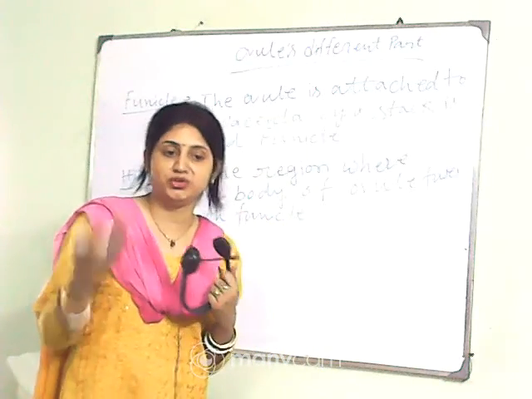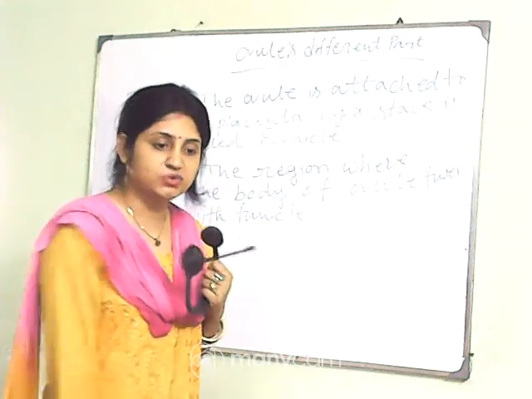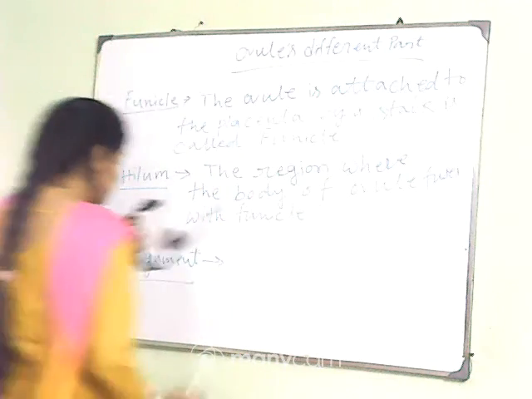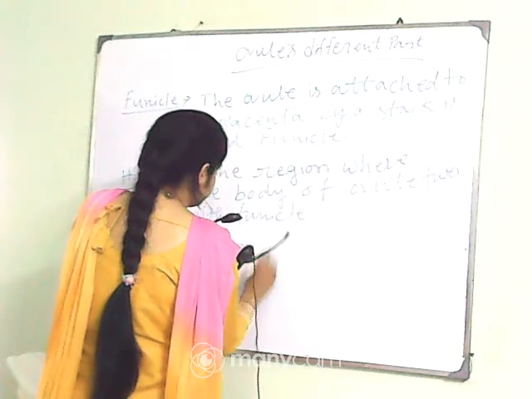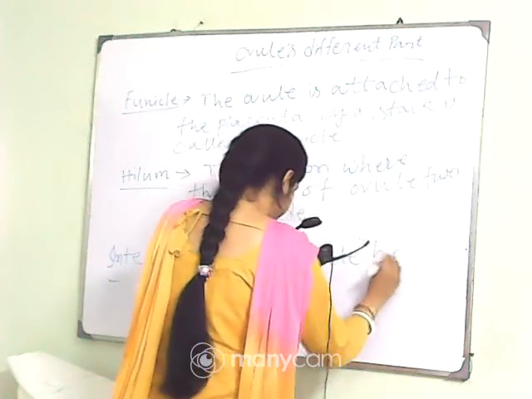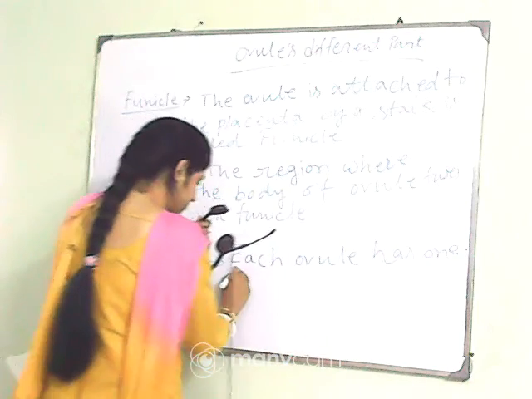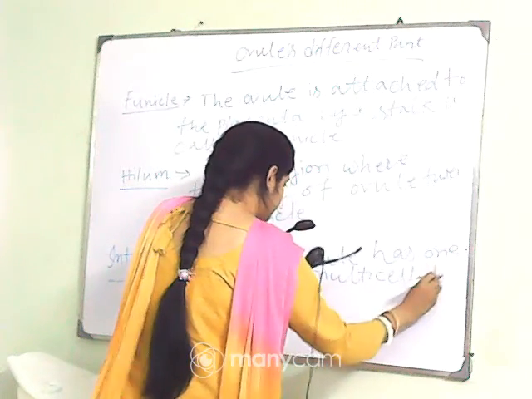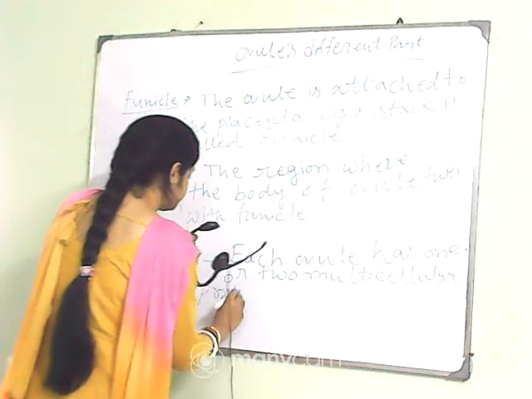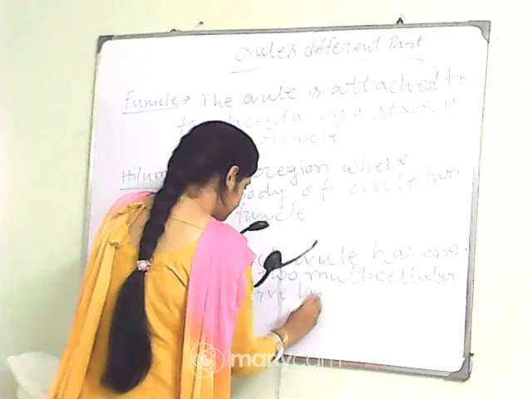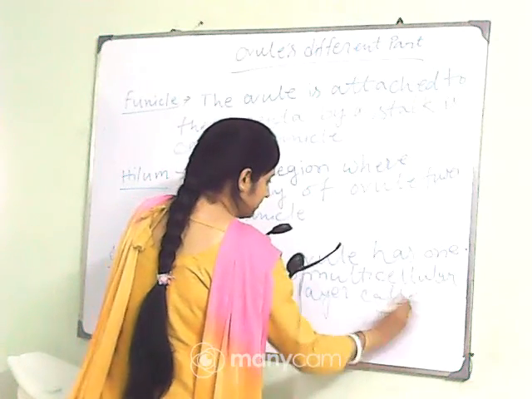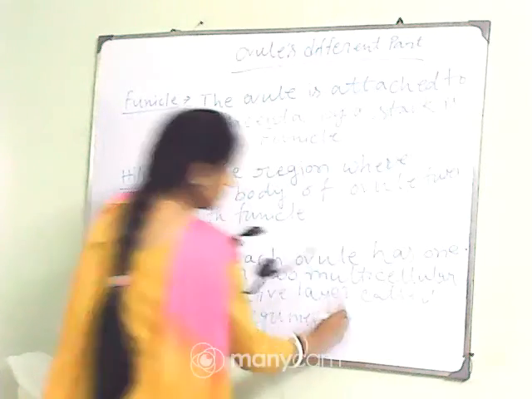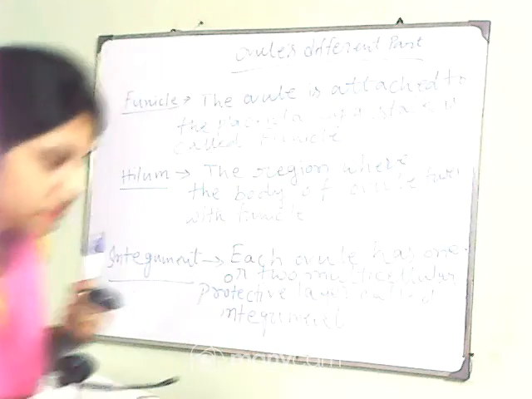That may be one, that may be two: the outer integument and the inner integument, so that's why it is called the integument. So these three are the...